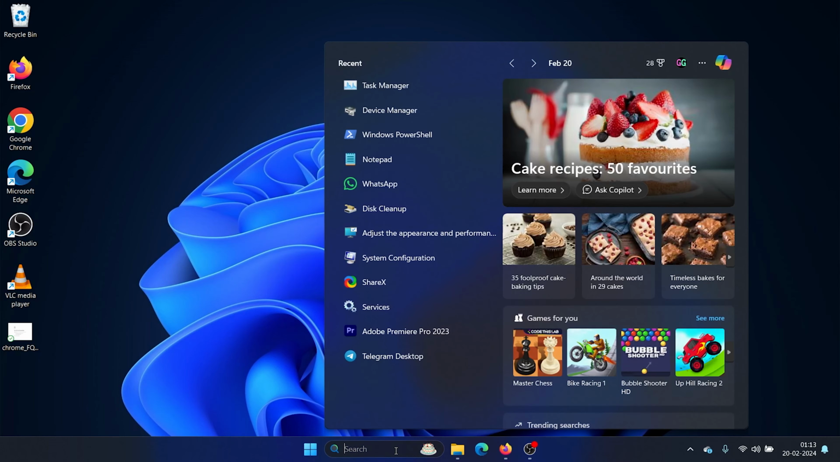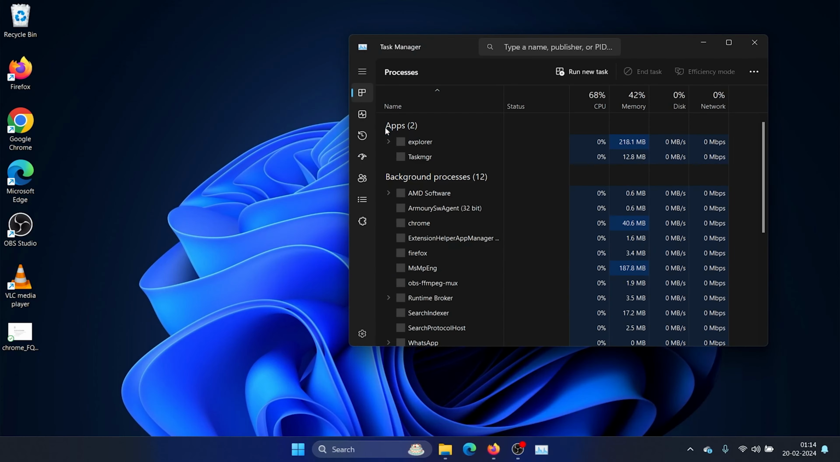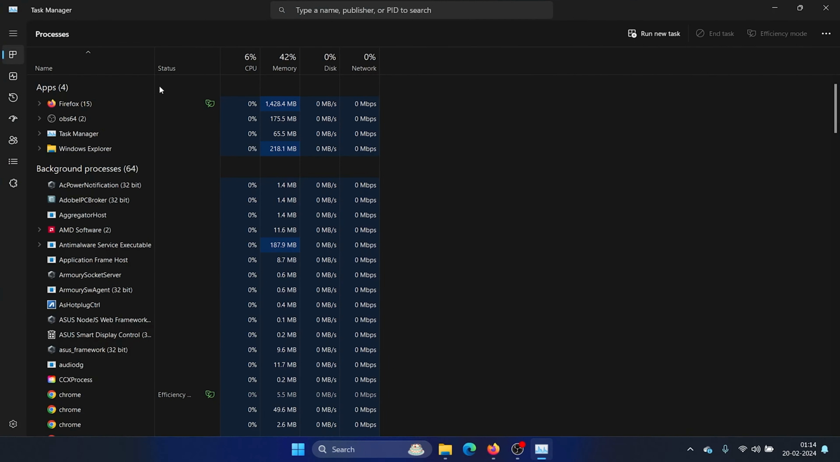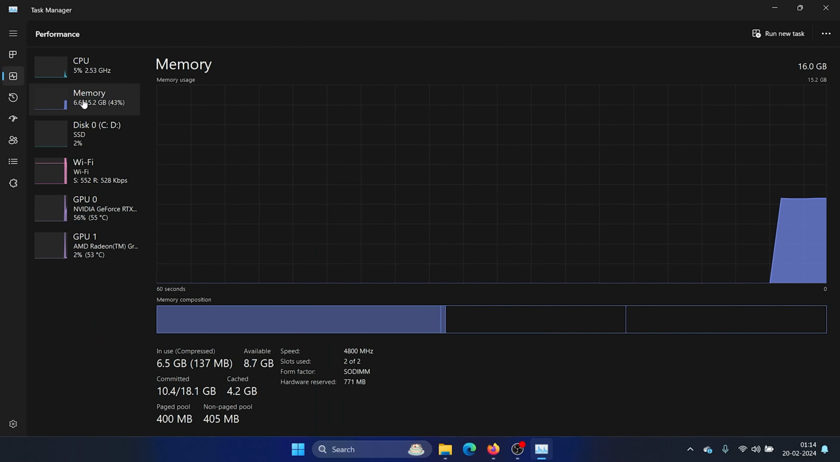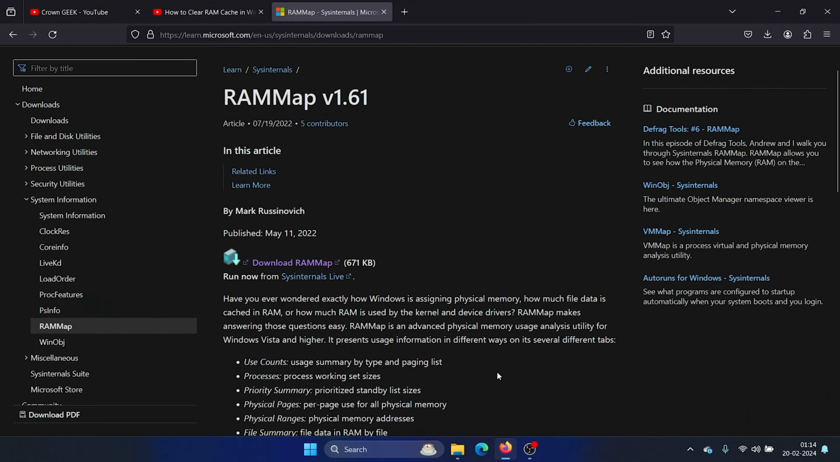So first of all, search for Task Manager in the Windows search bar and open Task Manager. Now expand this. Go to the second tab, which is the Processes tab. Go to the Memory section. You'll find Cached here, which is the cached memory. Now, if you wish to remove this, like it was 4.2 GB in my case, which is pretty high, then